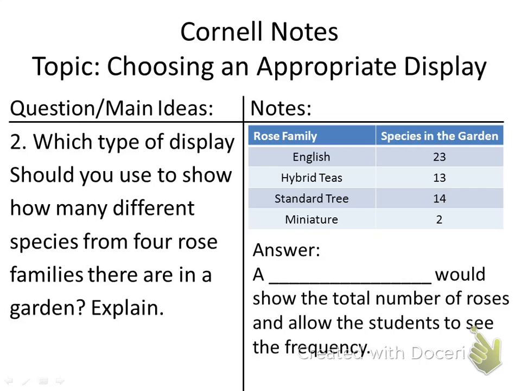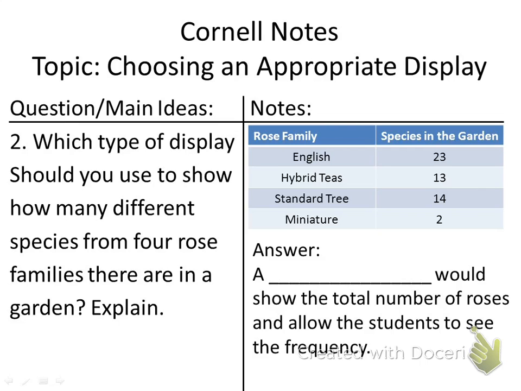Question number 2. Which type of display should you use to show how many different species from 4 rose families there are in a garden? Well, looking at our chart, we have the rose families: English, hybrid teas, standard tree, miniature. We have the species in the garden. So my answer for this, a blank would show the total number of roses and allow the students to see